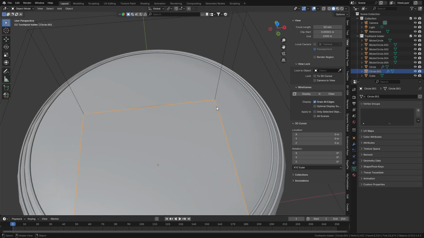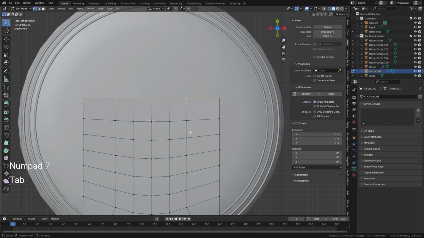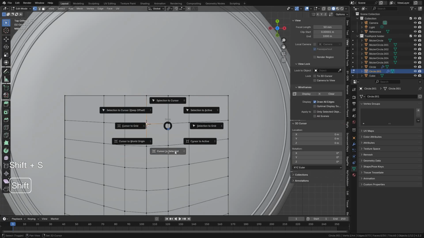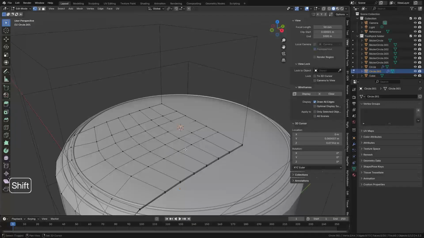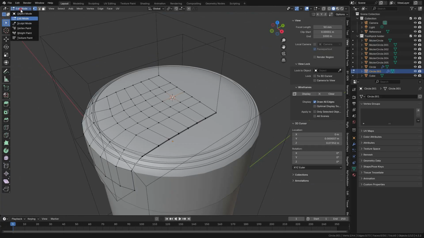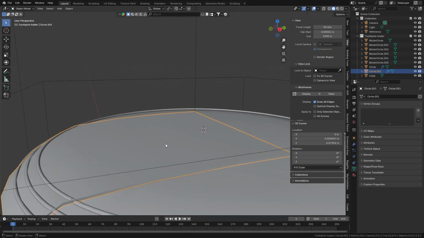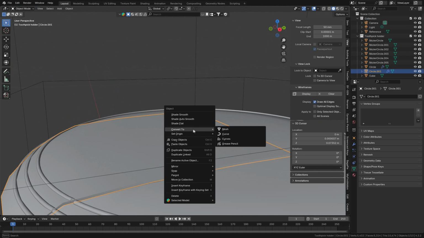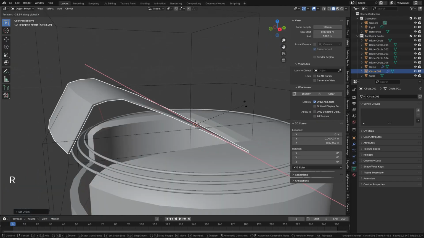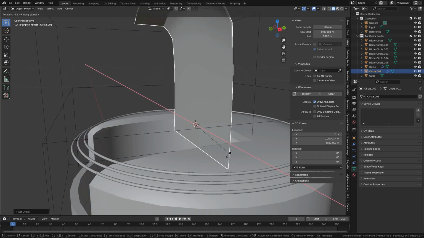So one way you are going to fix that is that we are going to go to edit mode, select maybe this vertex here, press Shift S, then make sure that we go to cursor to selected. So therefore the 3D cursor is now at that center vertex. Go back to object mode, make sure that this cap is selected, right click, go to set origin, origin to 3D cursor. Now once you do that, you see that the rotation is now fixed. Alright,